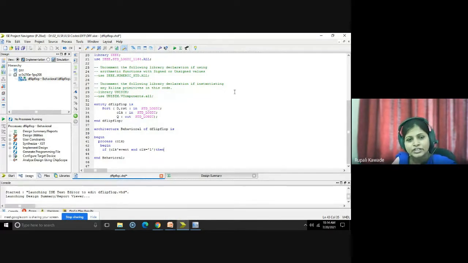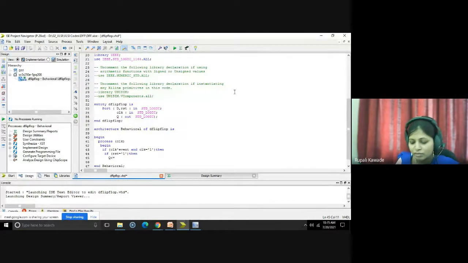If a positive edge is present, then we will check if reset is activated or not. If reset equal to 1, meaning it is in the activated state, then what will be your Q?